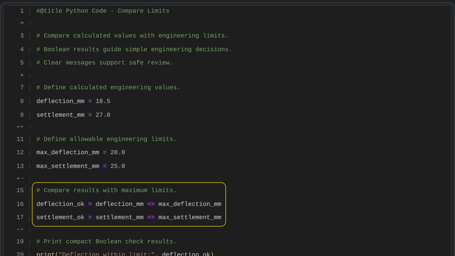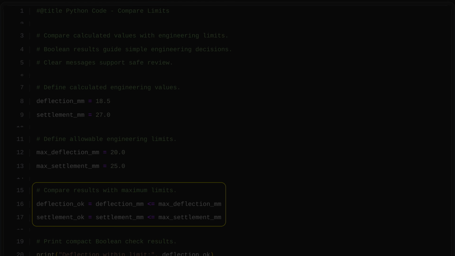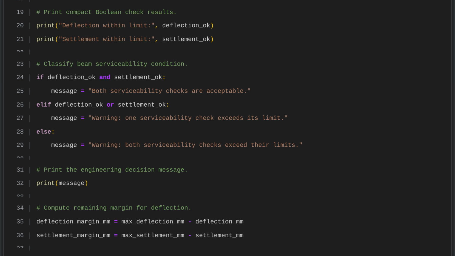We verify safety by comparing the calculated deflection and settlement against their allowable limits. Each comparison gives a true or false result, showing whether the value is acceptable. These checks indicate whether the engineering values stay within safe limits and support the next decision. The code checks whether the deflection and settlement values meet their allowed limits. It prints a true or false result for each one, giving a quick confirmation of whether both engineering criteria are